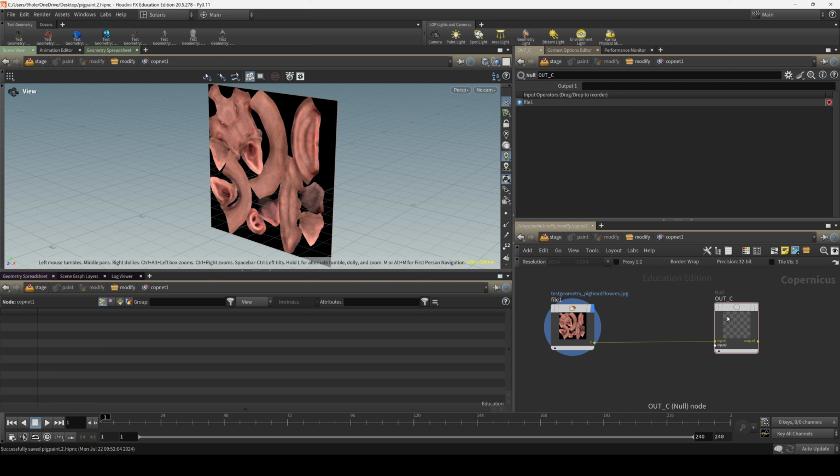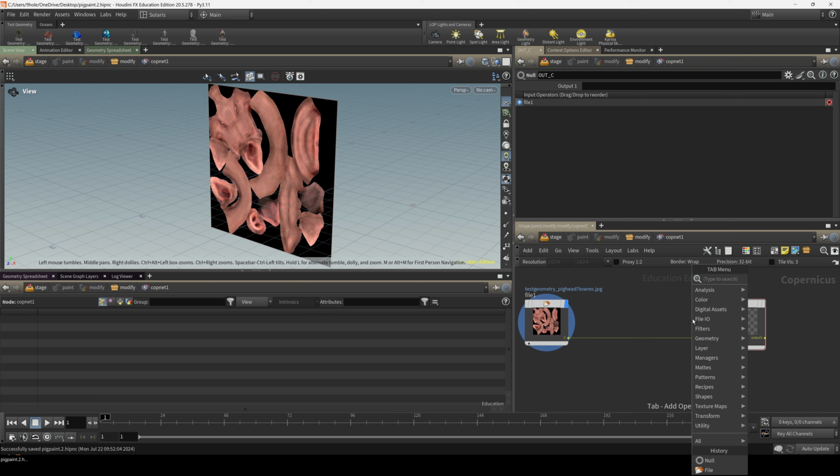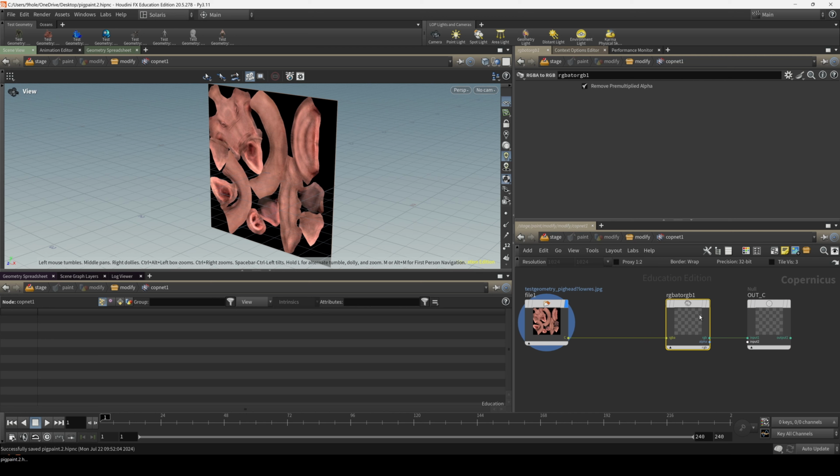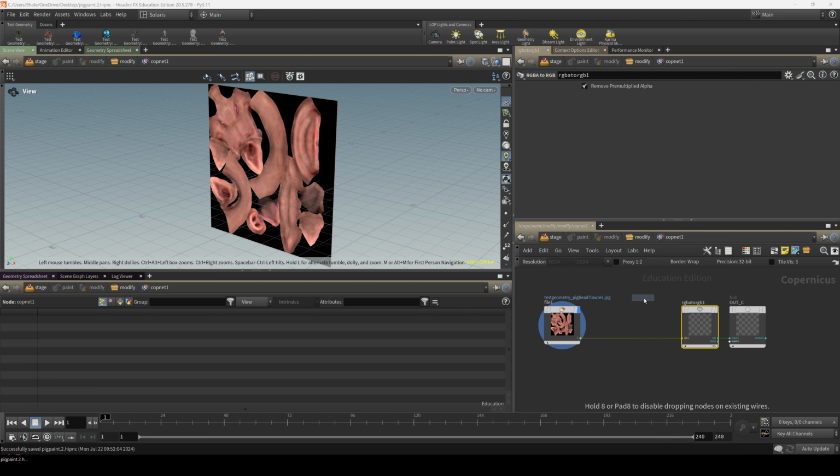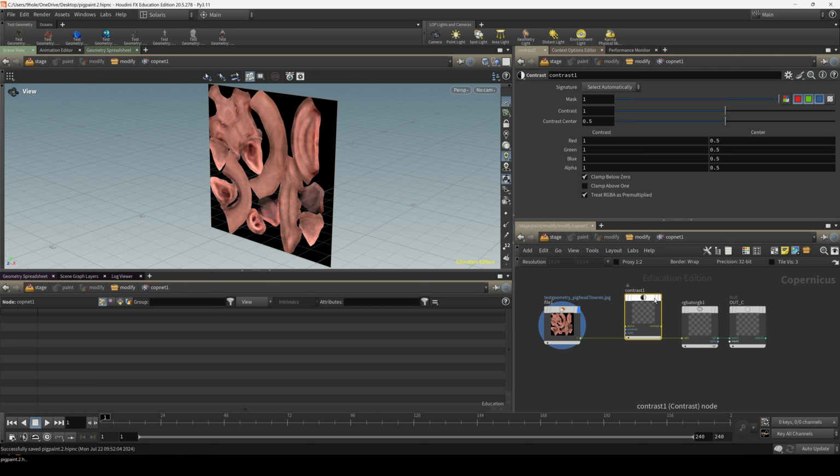I know later on the preview material wants RGB, not RGBA. So we'll do an RGBA to RGB convert here, and also add something to change our texture so that we know it's having an effect